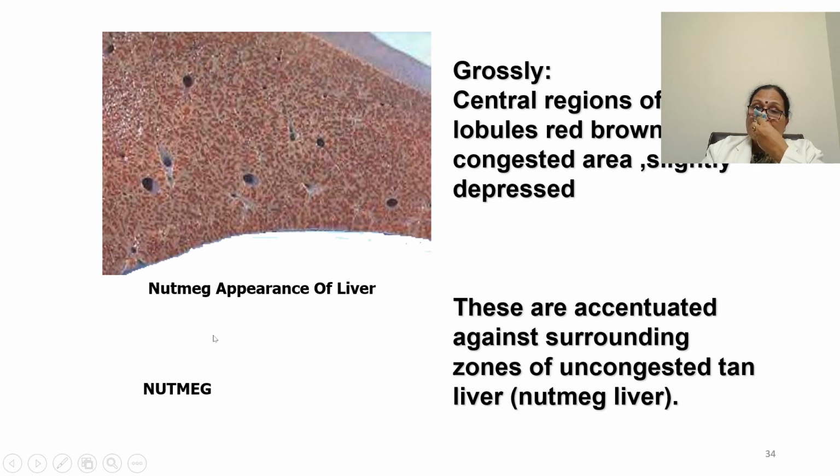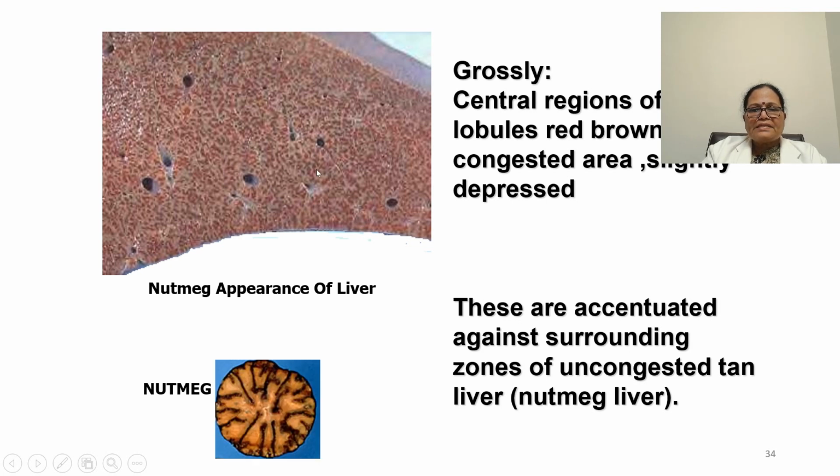Grossly, the central regions of the liver lobules are brown with congestion, and over a longer period they become depressed, giving a nutmeg appearance. You can see here these are accentuated against the surrounding zones of uncongested tan liver. Okay, can you see this? Yes,